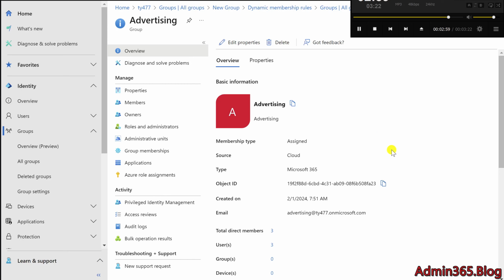Conclusion. Managing groups in the Azure AD portal offers flexibility, allowing you to define groups with assigned or dynamic membership based on user or device attributes. While